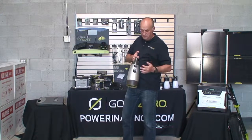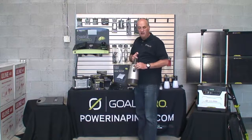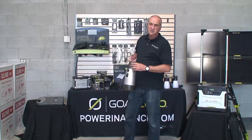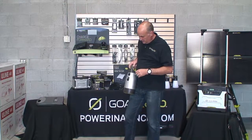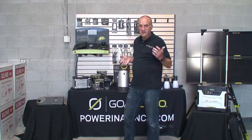So it will charge things from a cigarette lighter. Kind of a side note to keep in mind on all of these products is that if you turn the inverter on, it does drain the battery even if you don't have anything plugged in. The inverter does take some power. I learned that the hard way by having the inverter turned on one of these, just running a couple of